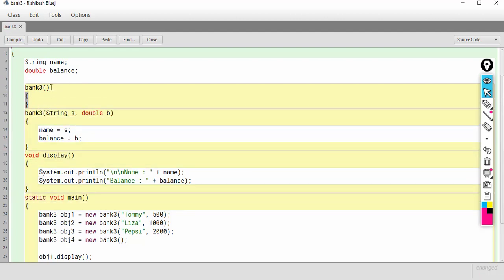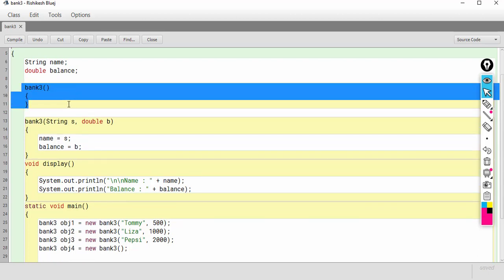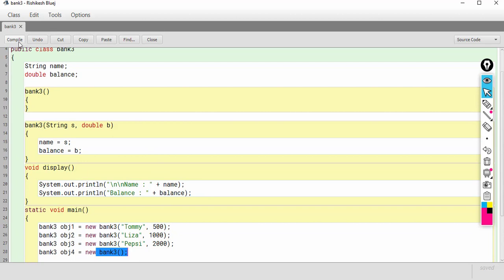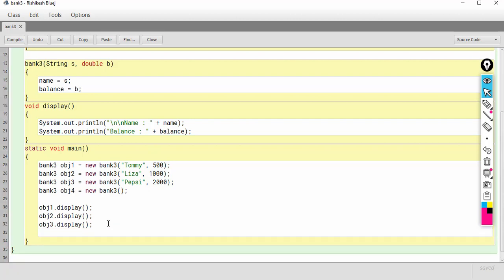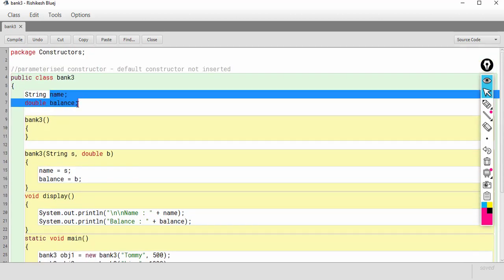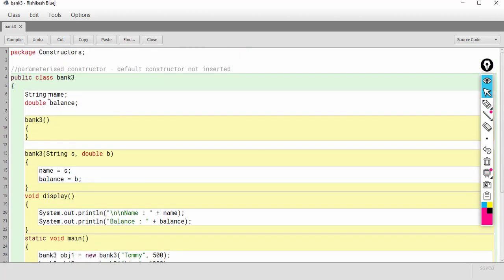So focus here, I've created a blank constructor which resembles this constructor call. So when I compile, I do not get the error anymore. And when I call obj4 dot display, what will happen? Well, this time the output will be again null and 0, because we did not assign any value to obj4's name and balance.